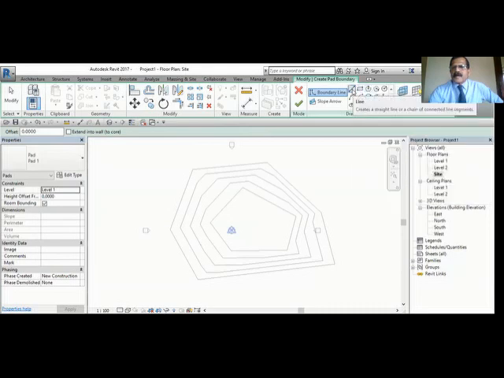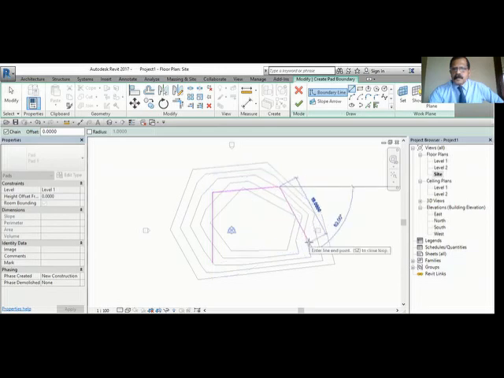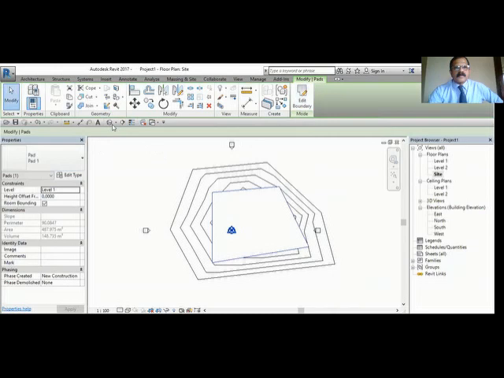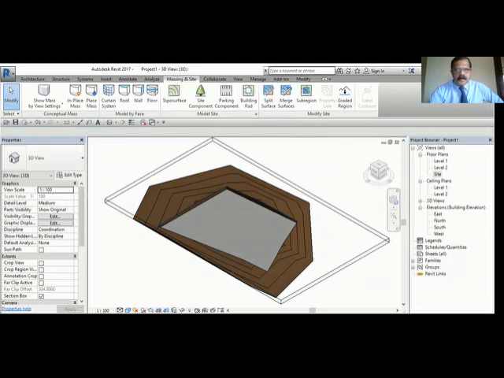I can use a rectangle, any model. I will just use a line command. So this is the area I want to use for doing the building. Say okay. So now you can see in the 3D. You see that? So this is a 1 meter cutting coming here, no? So this much area you have to cut to get the flat area. So this is a flat area where you are going to have your construction. So that is what a building pad is.